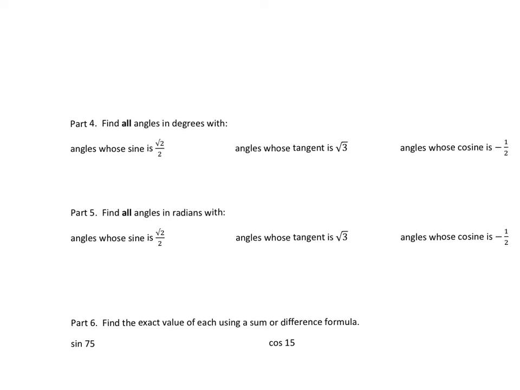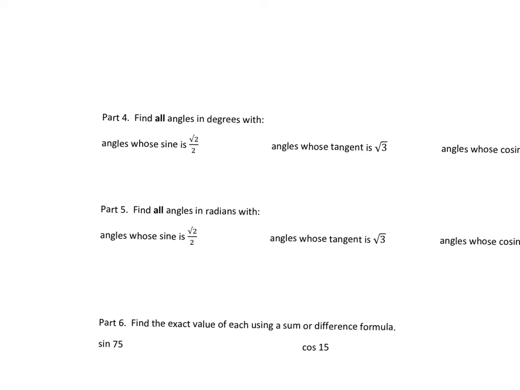Okay, number 4, find all angles in degrees. So sine is root 2 over 2. Sine is positive in the first and second quadrants. And root 2 over 2 is always a 45-degree angle. So we're talking about all angles in degrees. So one answer is going to be 45 degrees